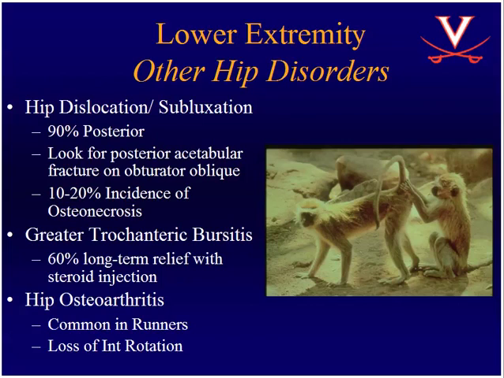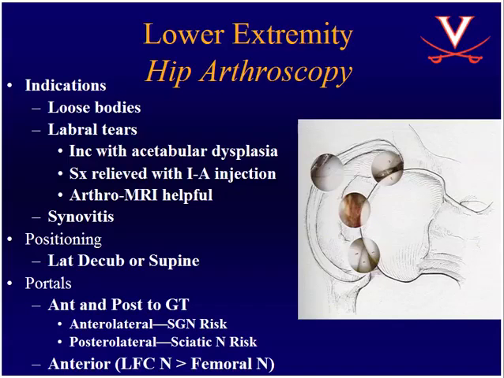Greater trochanteric bursitis, those usually respond to steroid injections. Hip arthritis is something that comes up, and the key exam question in the sports world for hip arthritis is, what do you lose first? And the answer is internal rotation. Hip arthroscopy, there's 2 different ways to do it, either lateral decubitus or supine, and it's beneficial for loose bodies,